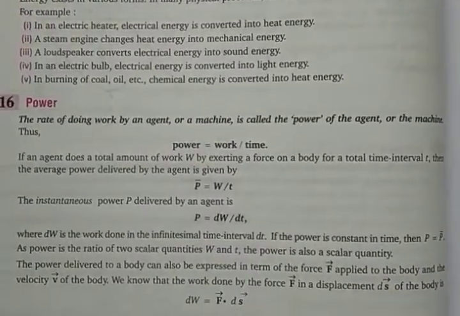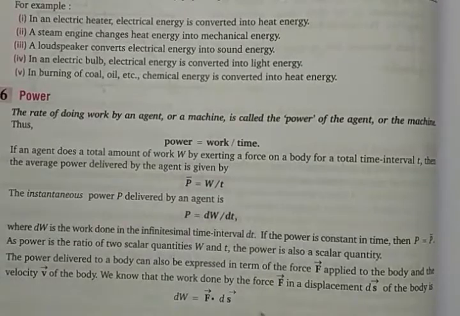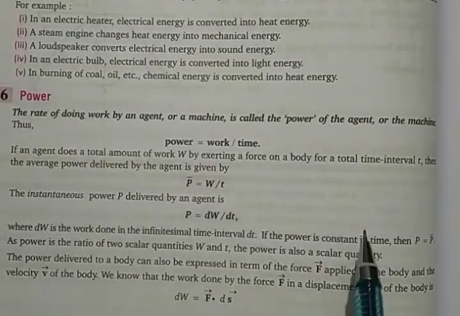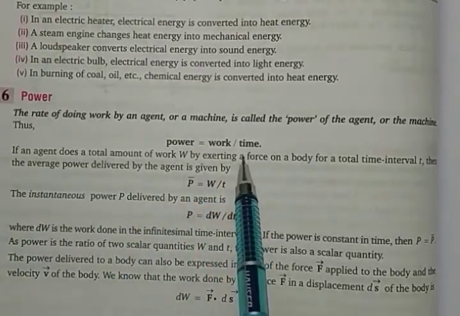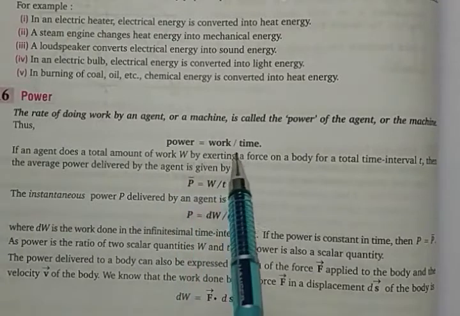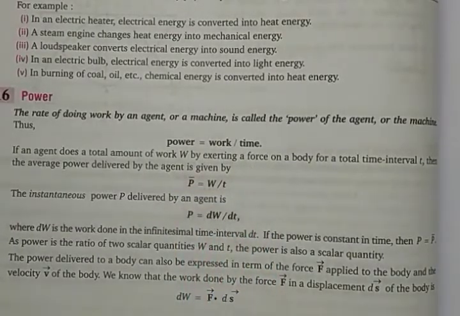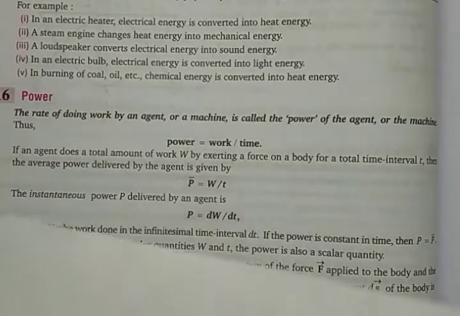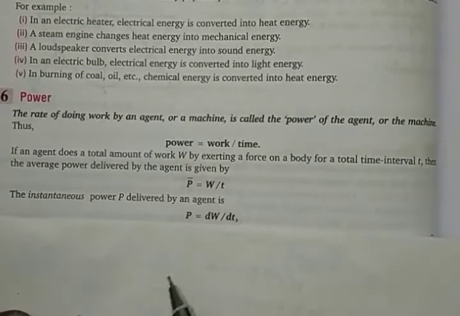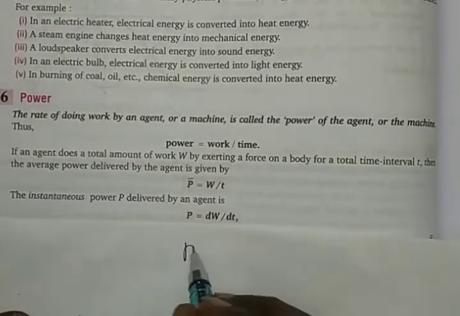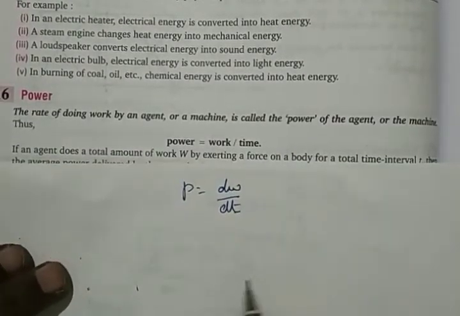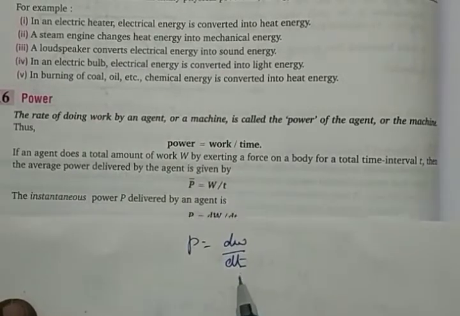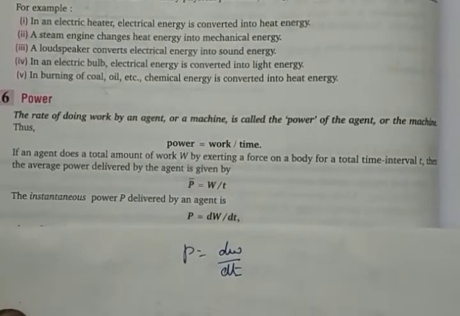Last part today, before we close, the definition of power. Very well known thing, you just need to write it. Power is the rate of doing work, work divided by time. Please write down the formula. P is equal to W upon t. Power can also be instantaneous. At one instant, power is going to be equal to dW upon dt. Remember, we always need to take a differential quantity where dt is very, very small, at the shortest time.